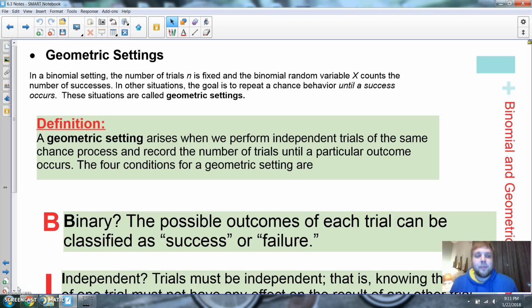Geometric settings. This is the last part of 6.3, coming off of binomial distributions. And if you remember binomial distributions,